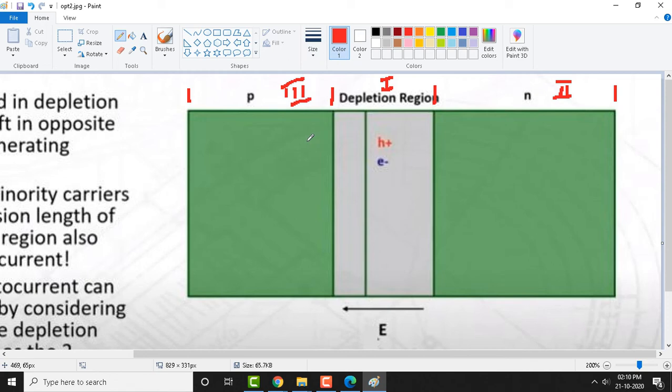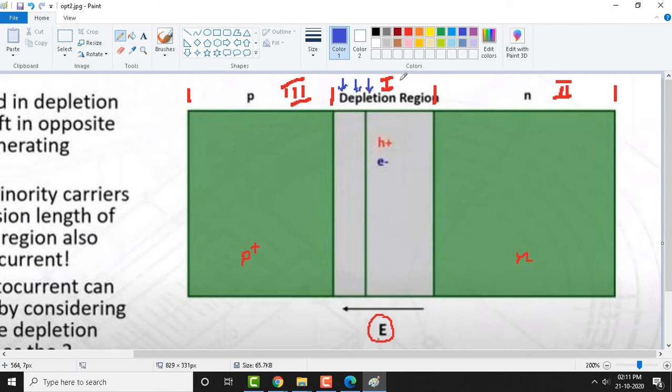Now we have divided this entire p-n junction into three parts, and we also said that there is a strong electric field acting from the n to the p side. So this type of diode has n on one side and p plus on the other. Now see here in the depletion region, if you make photons fall into the depletion region, let me show here there is a photon.